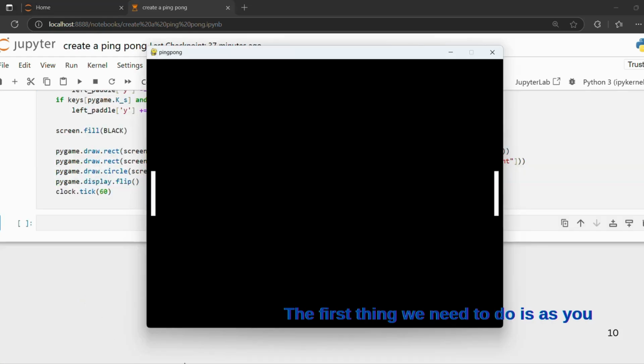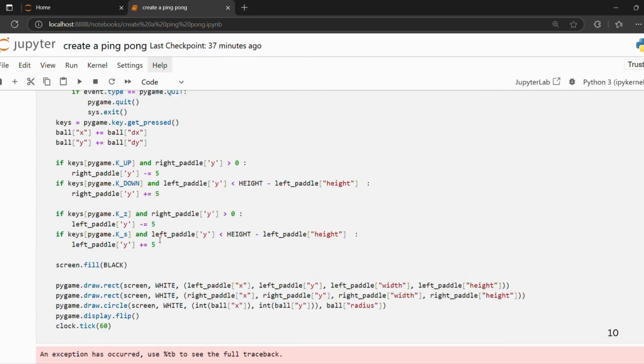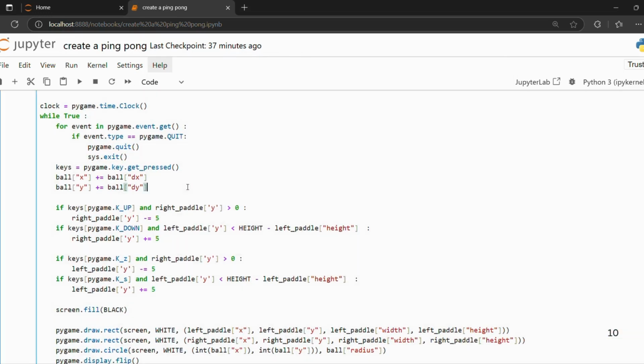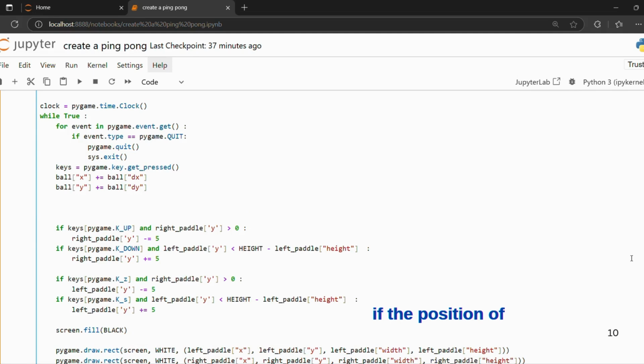So the first thing we need to do is, as you saw, when the ball leaves the screen from the y-axis, it never comes back. So we need to change that. We can do that here. So if the ball of y minus ball of radius is negative, this means the ball has left